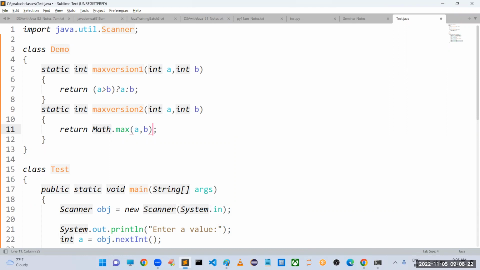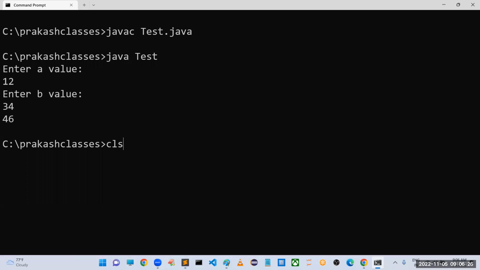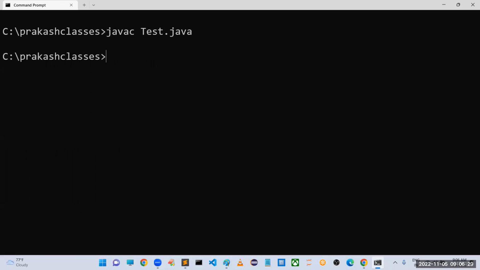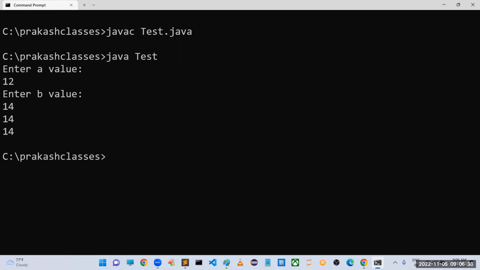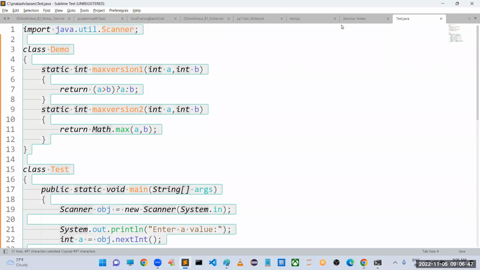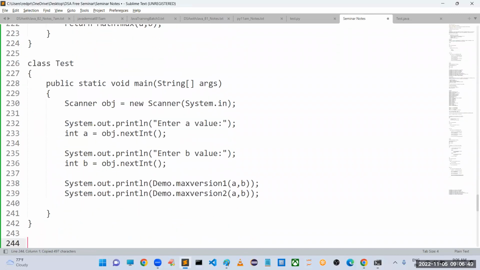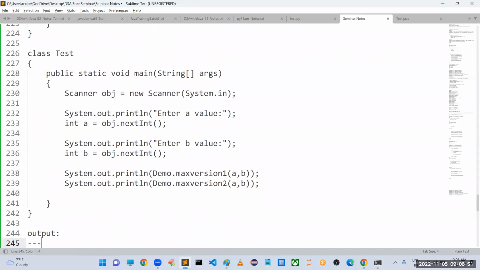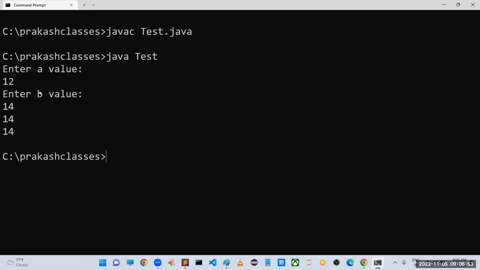Sir, this is the way we can execute this. Let me run this program and see what happens. So javac Test.java, then java Test. The output asks to enter A value, 12, and B value, 14. Have you observed that the biggest among 12 and 14 is nothing but 14? Like this, we can implement a program to find the biggest value among numbers